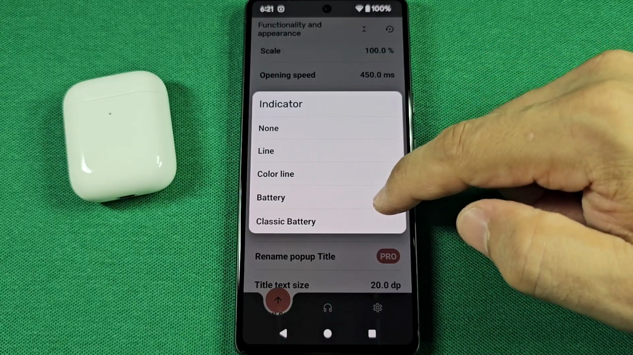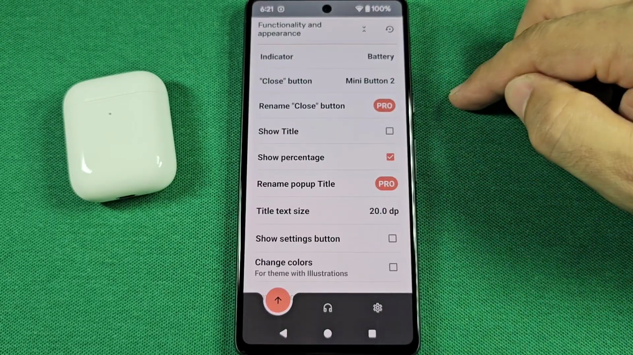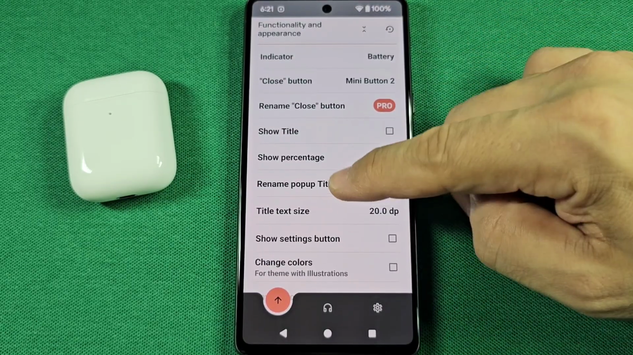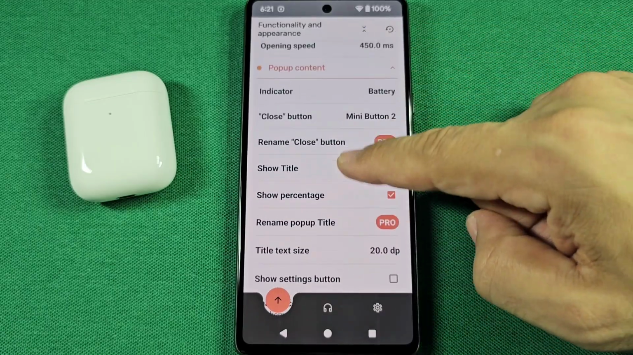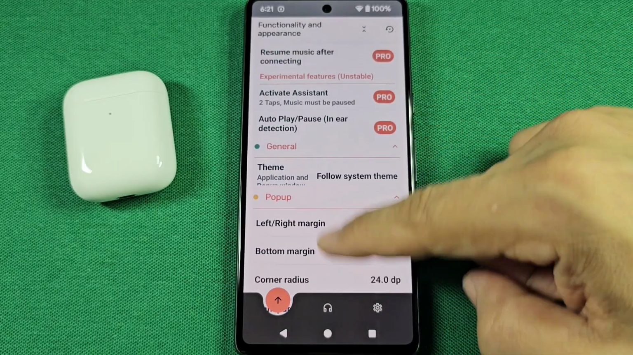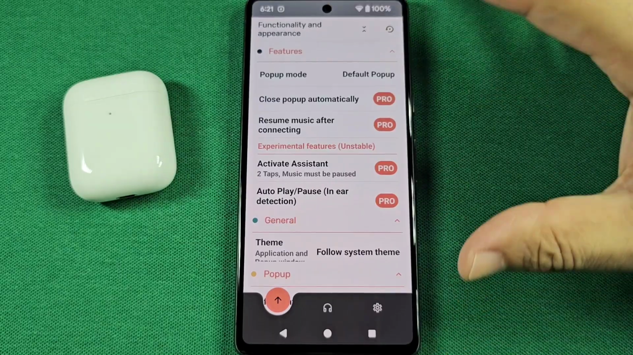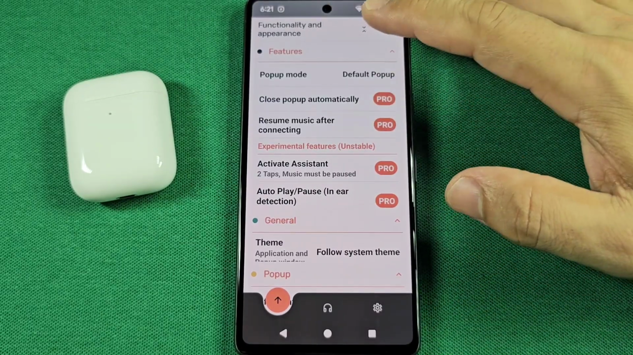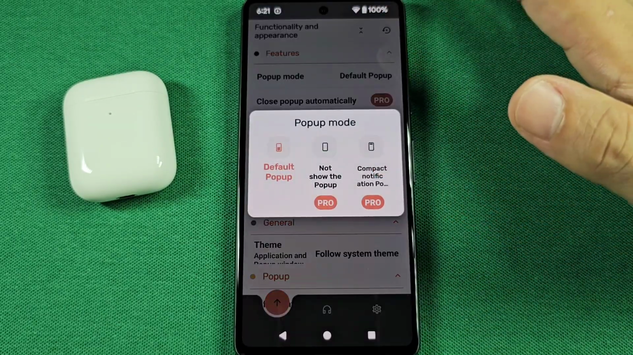All right, so it's really customizable. There are some features that are pro, which means you gotta pay for it, but the free version gives you that pop-up animation. Now, honestly, I was always disappointed with this AirPods app for Android devices because it always had